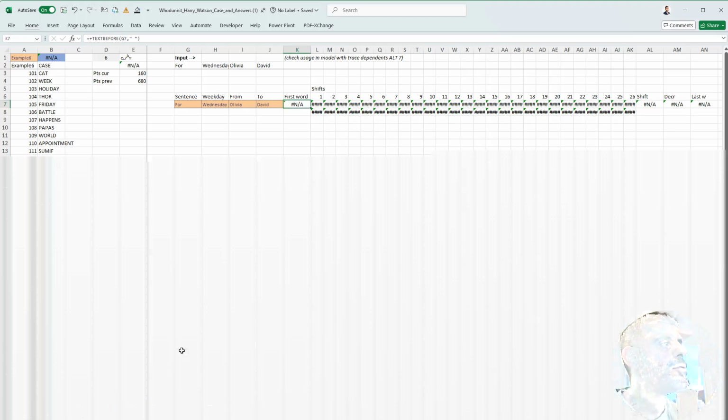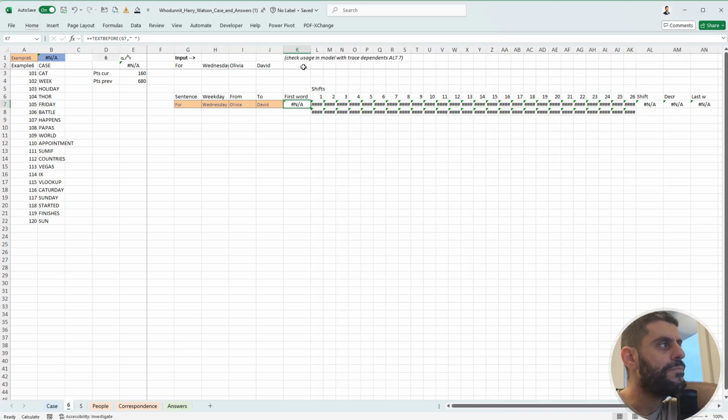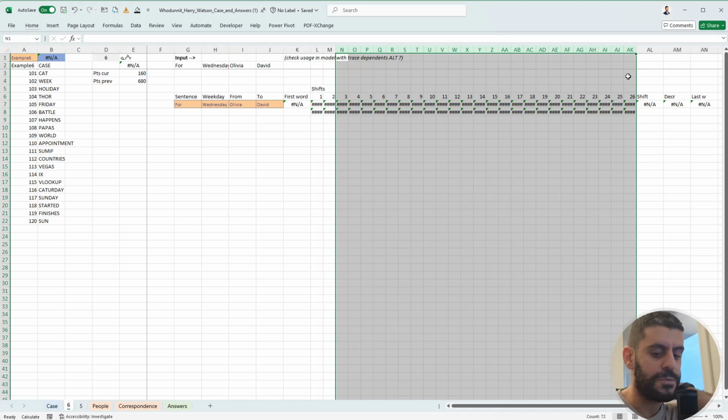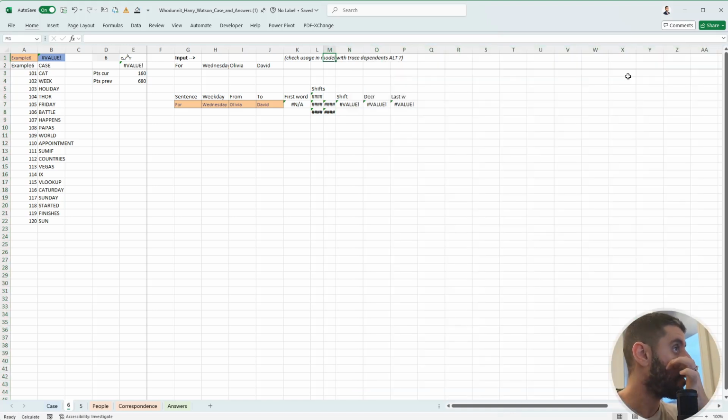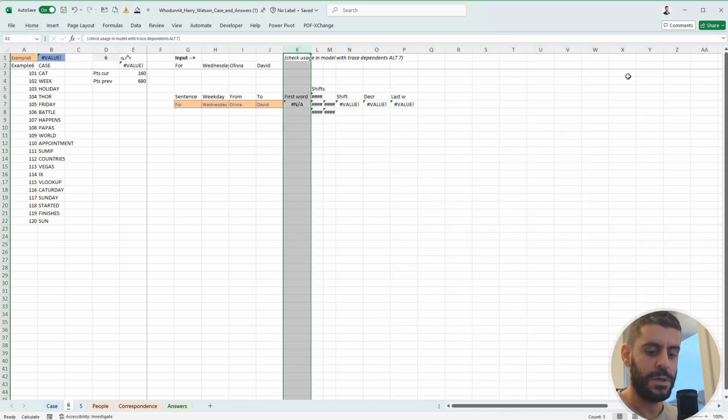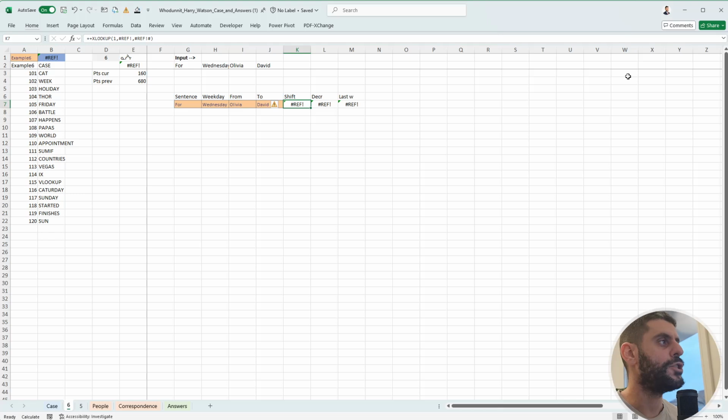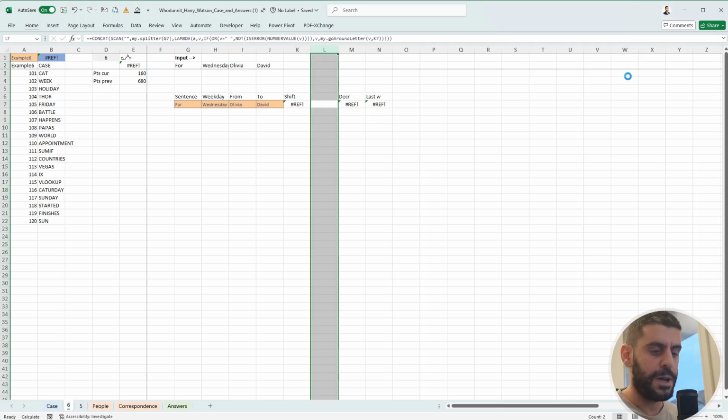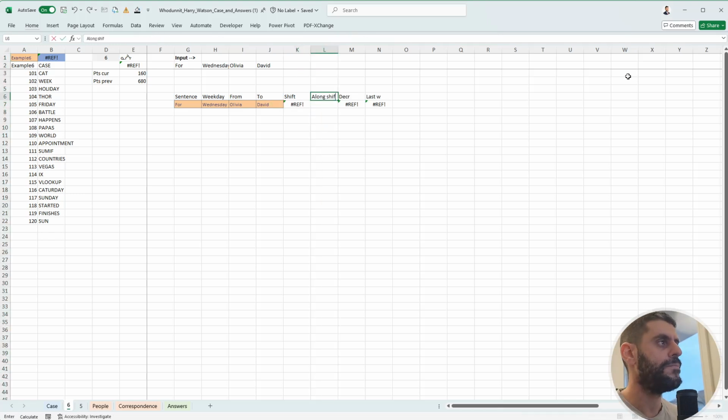So basically there is no such thing as the first word. You need to find the shift, and you need to find the long shift, because then I will need to apply here the codes